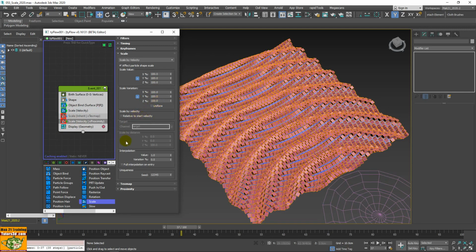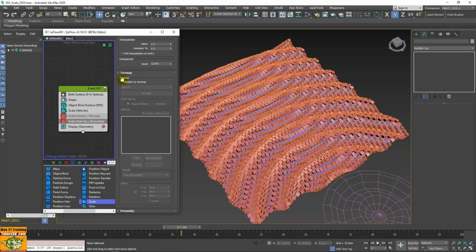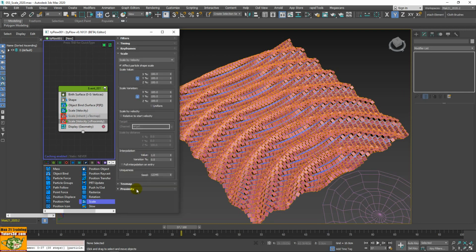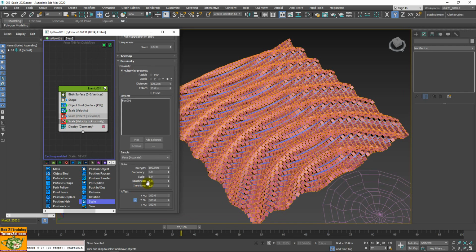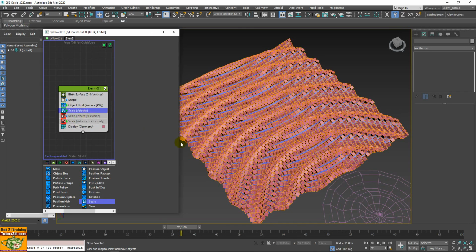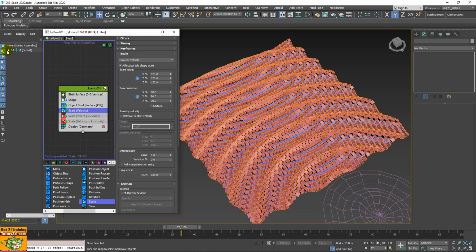Related on star object nothing, interpolation nothing, text maps there is absolutely nothing. But what is it that changes this effect? It is the presence of an auxiliary object, which in this case is precisely a box that I have inserted. And I modified it. We do it together on our EG scale velocity. The box in question is this one that is present.